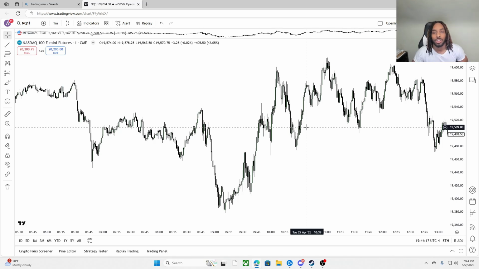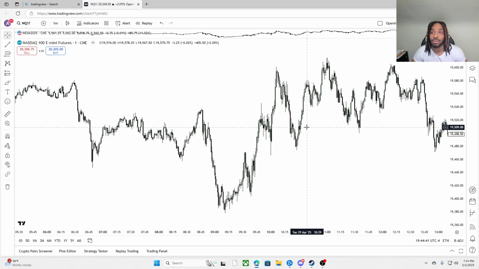Today I am going to be showing you guys how to become a master at trading fair value gaps. I've been trading fair value gaps for 3 years now, probably going on 4 years. And I've been through a lot with fair value gaps, and I figured out how to trade them the right way, kind of on my own.